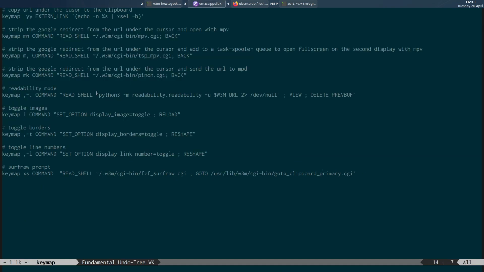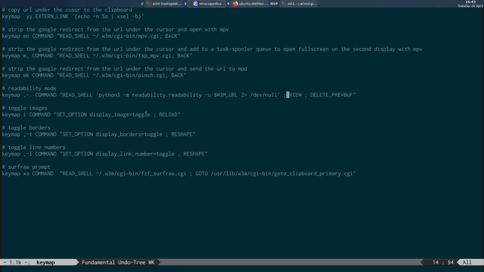The way that works is by running the command read shell, and then instead of running a CGI script here, we're running Python readability, with the w3m URL I mentioned, which is the page you're on, piped to /dev/null so we don't get any output. By default, the Python readability library will actually output HTML